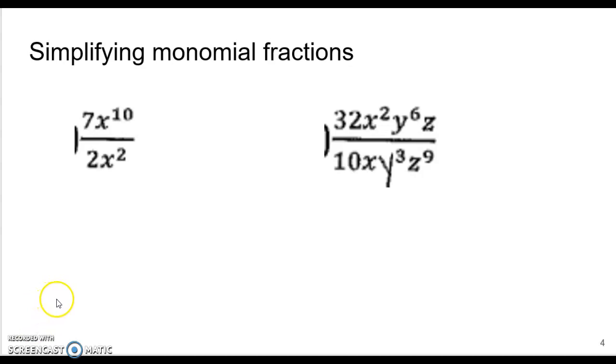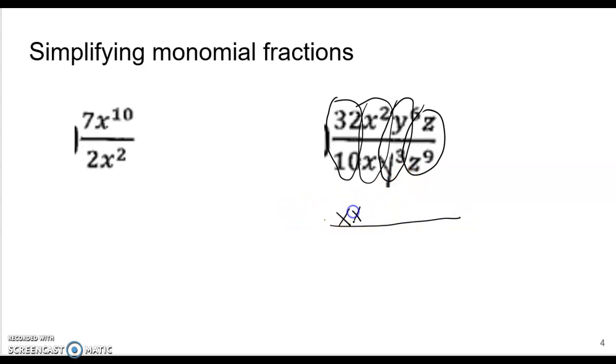Simplifying monomial fractions means that we simplify, and monomial means one term on top and one term on bottom. This is kind of back to our exponent skills that you guys learned. We're going to do this one together. You guys will do the first one on your own. The way I think of it is I think of my constants, my x's, my y's, and my z's. You can write things out if you want to. So I have 2 x's on top, 1 x on the bottom, 3 y's,